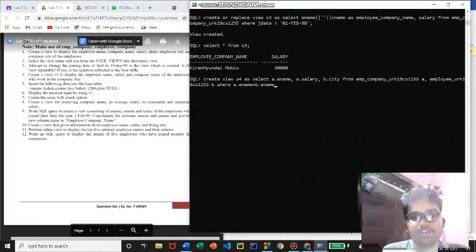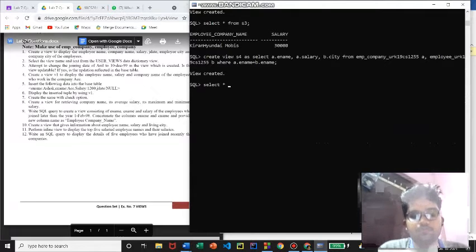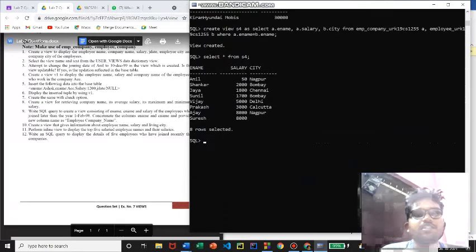This happens to be the joining condition for both these tables. That's it. The view has been created. Now we'll check the view. So this is the view. It contains employee name, salary, and employee living city. That's about the 10th question.